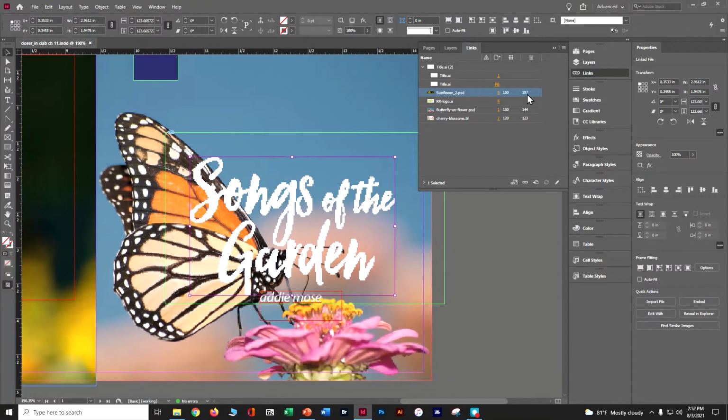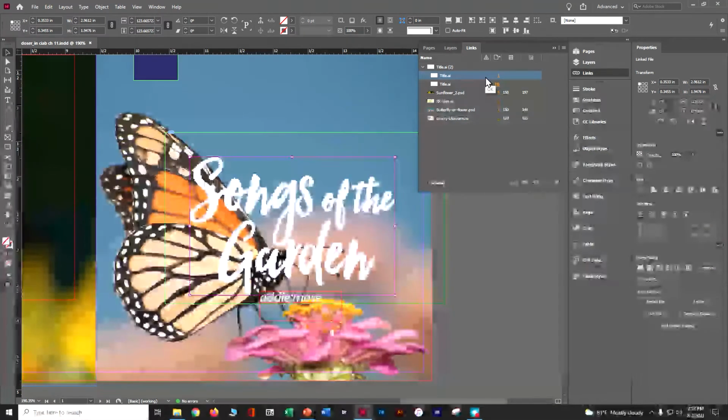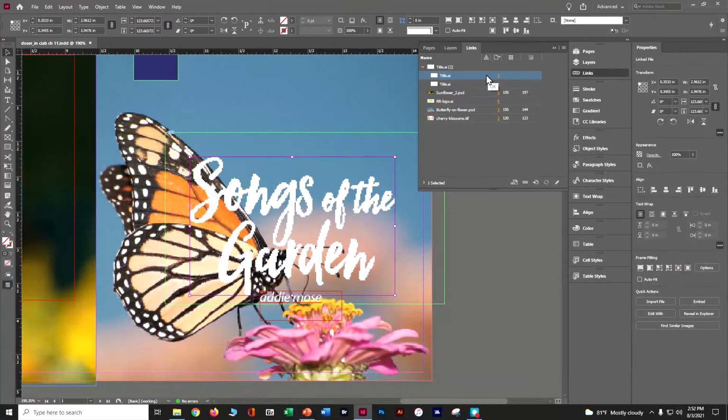Let's go to the triangle. And it's telling me that this is changed, but I don't see any changes. All right, so you could end up with a little triangle right here that says this image has been changed. If you did, you'd have to double click it in order to update it, and you can update down here at the bottom. So I think I should not have pushed update modified links in order for that part to work. All right, so we're going to go ahead and